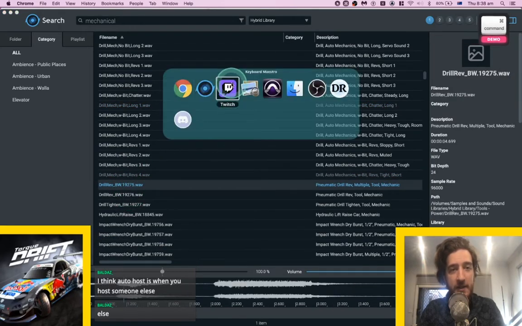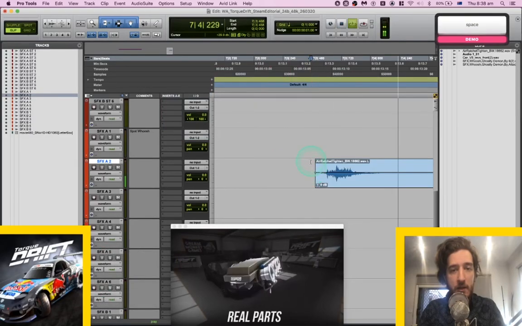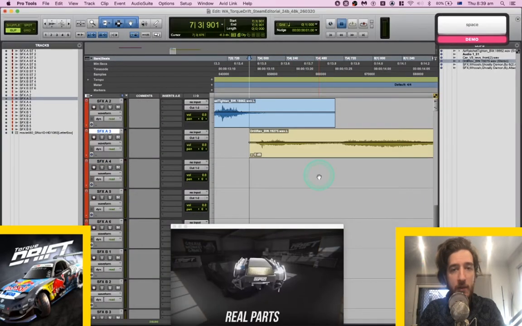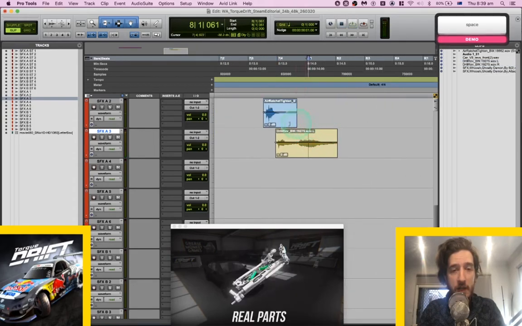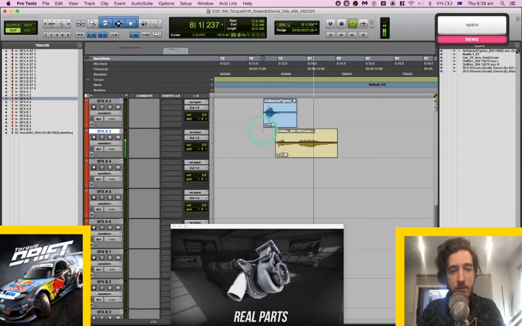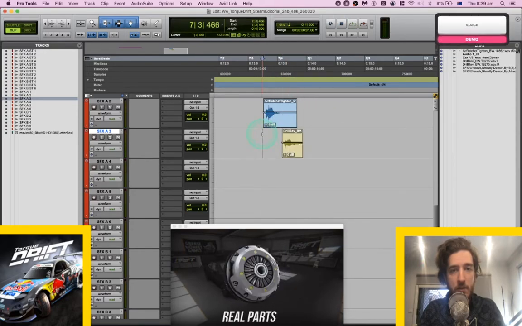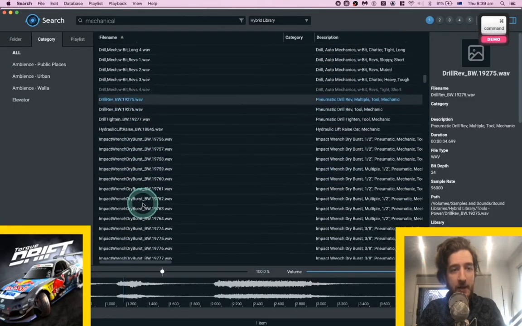Some of these sound effects are a little bit lame for what it is, but I think it'll still kind of work. I just want to get something down, really.